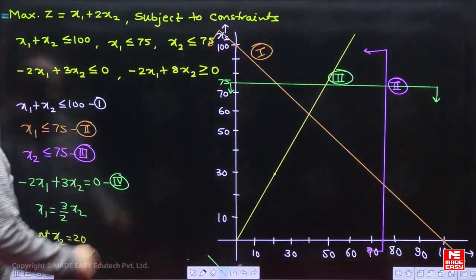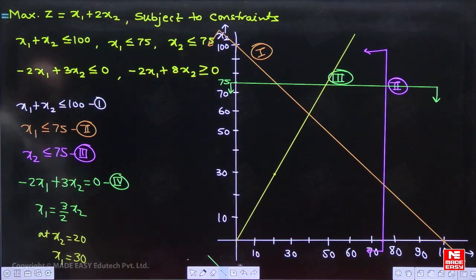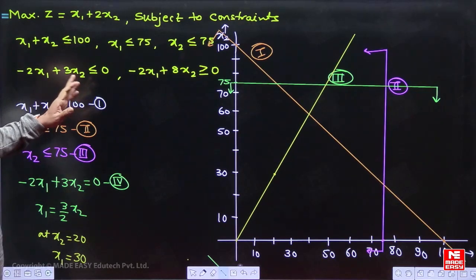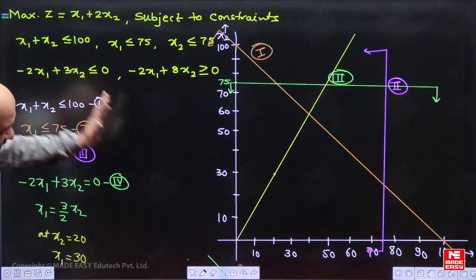Now see, this line is minus 2x1 plus 3x2 equals 0. But the summation is less than or equal to 0. Now x1 plus 3/2 should be less than or equal to 0. So where should it be? If you see, we can check it from here. The value should be less than, meaning x1 should be less than, meaning it should be inner